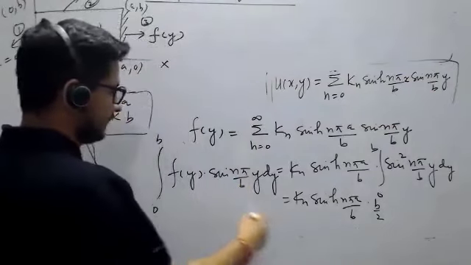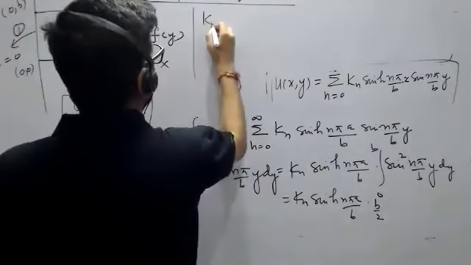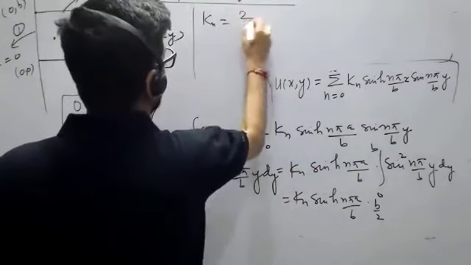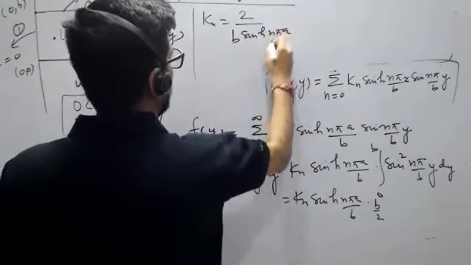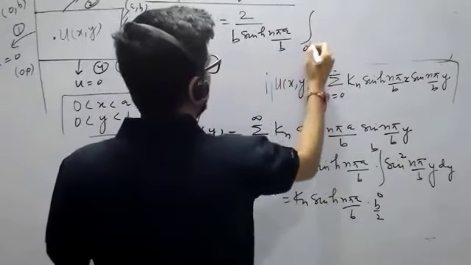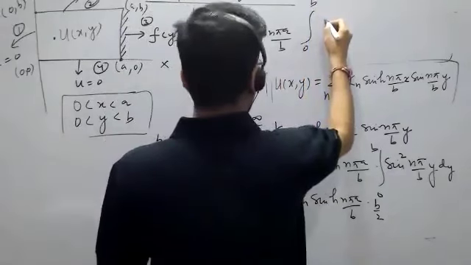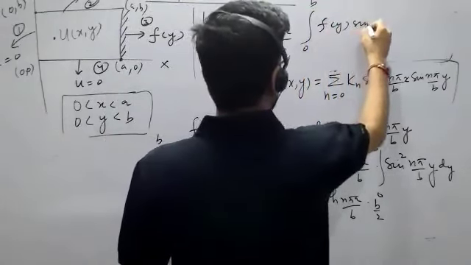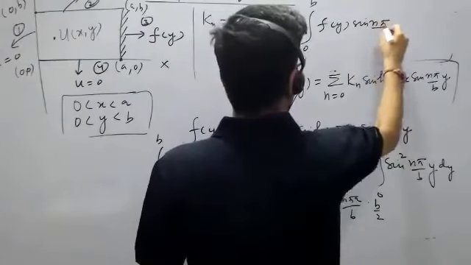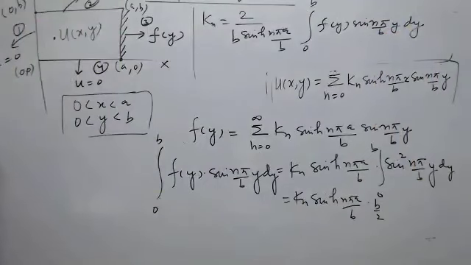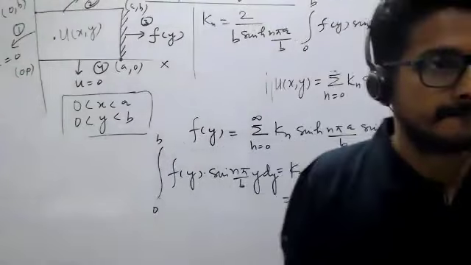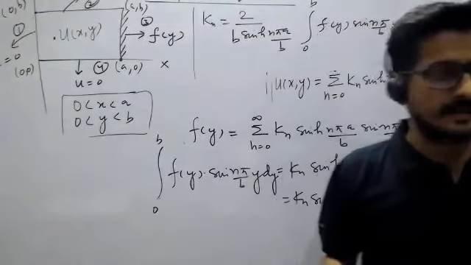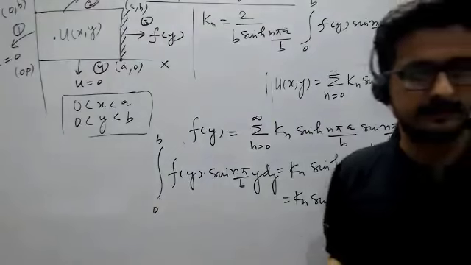Tell me. The Kn will become 2 by b sine hyperbolic n pi a by b, integral 0 to b f of y sine of n pi y by b and dy. This is the value of Kn. Correct? This is the value of Kn. Now please see